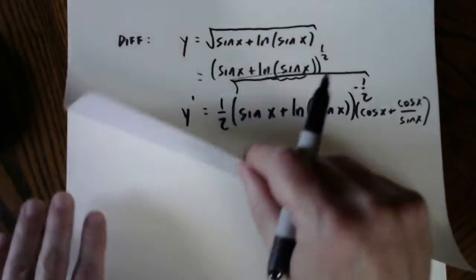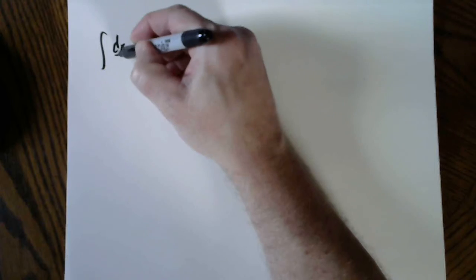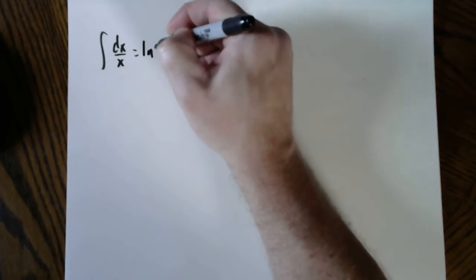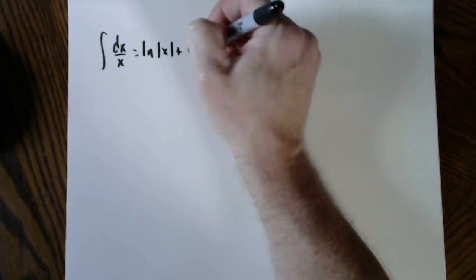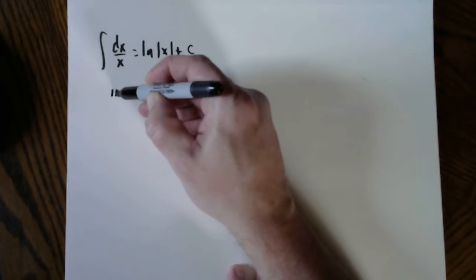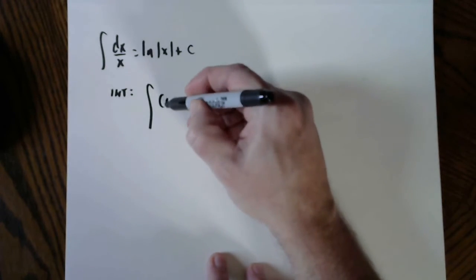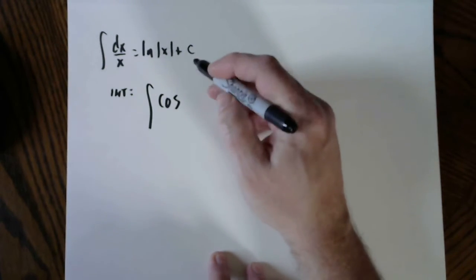Let's see some antiderivatives. Integration. Right, I'm just going to pop this rule here, just from memory, right? Let's try this one. See what this looks like. Integrate. So this will be cosine